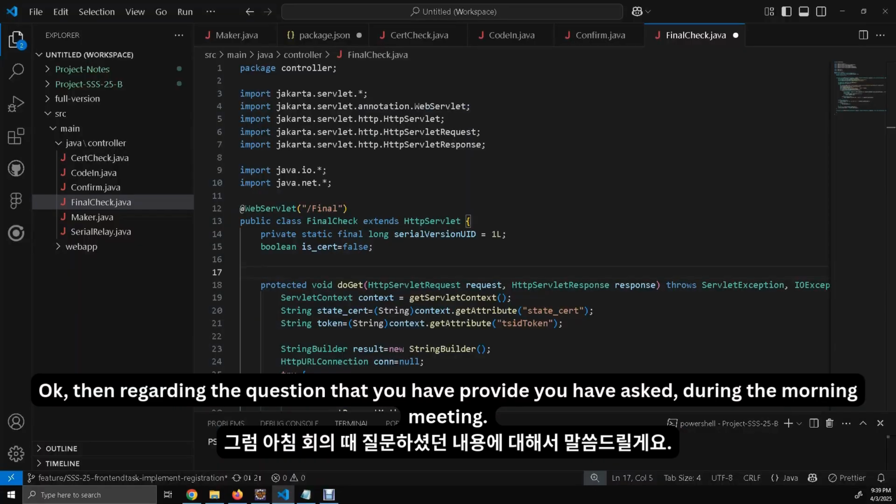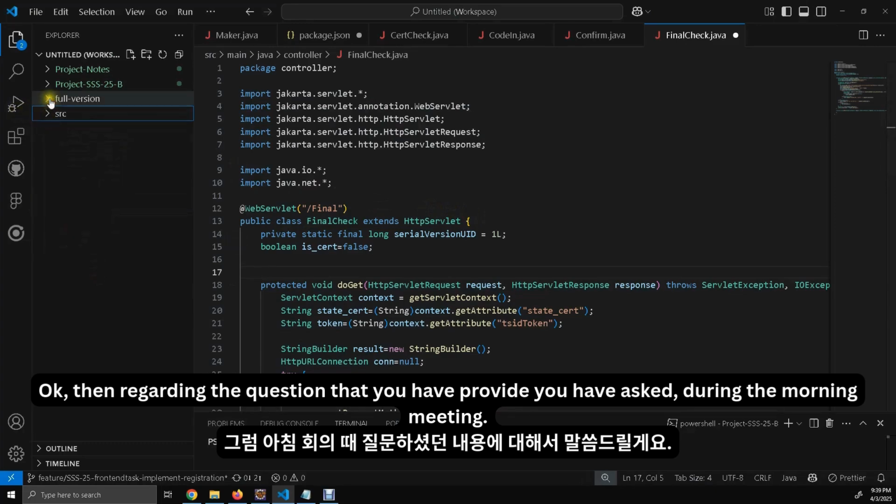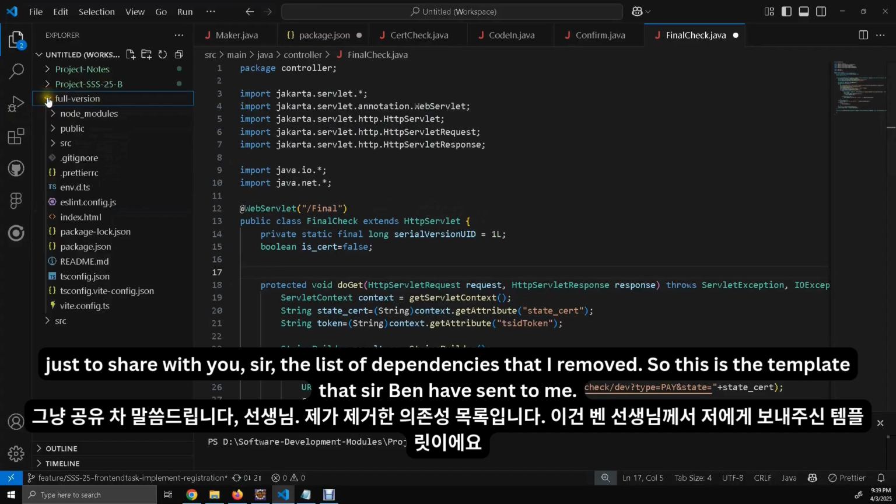Regarding the question that you asked during the morning meeting, just to share with you, sir, the list of dependencies that I've removed. This is the template that Sir Ben sent to me.